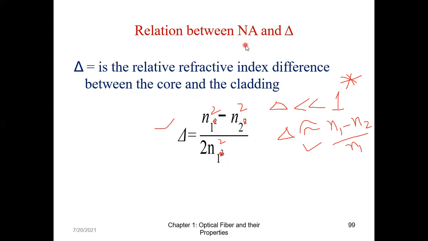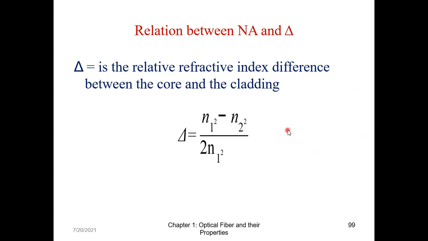Now, we had the relation between NA and sin theta A, and NA's relation with phi C, and with theta A. If you look at the formulas you wrote during that derivation, NA also has a relation with N1 and N2. We will use that part of the formula where NA, which is sin theta A, is related to N1 square and N2 square. From that we will find the relation between NA and delta. So let us see.